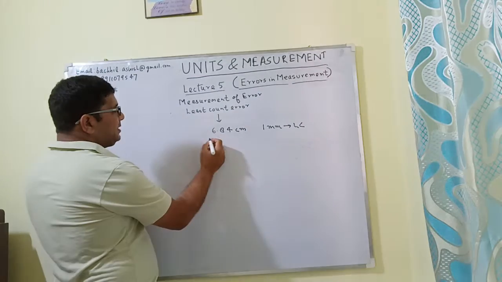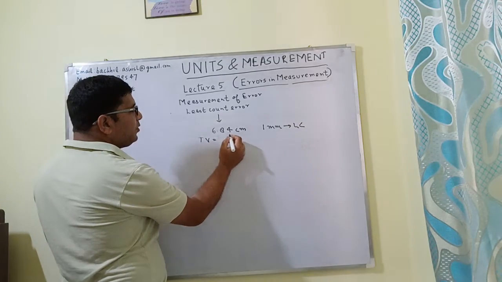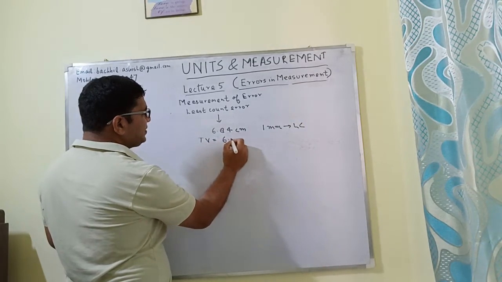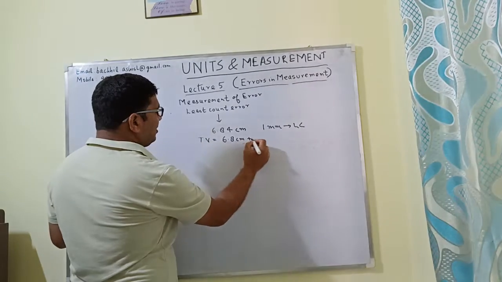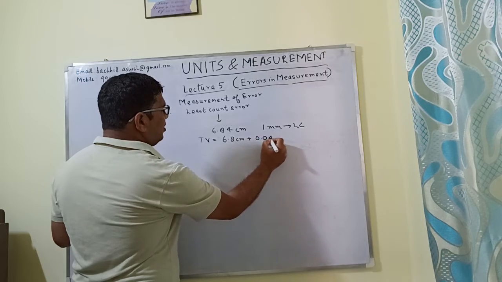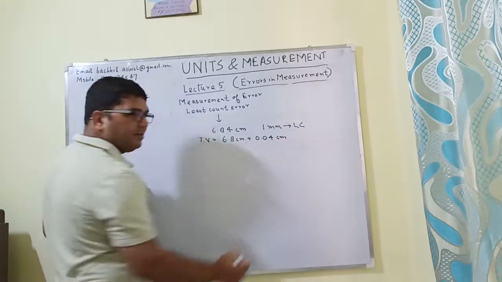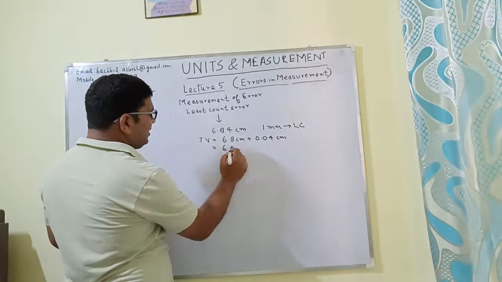Now here you see this, the true value is 6.84 centimeter, which I can write as 6.8 centimeter plus how much? 0.04 centimeter,